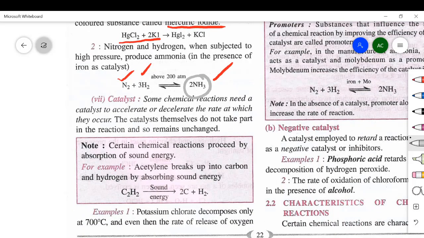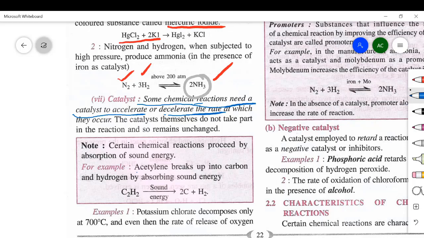What are catalysts? You all know the definition of catalyst. You are studying it since class 6. Some reactions need a catalyst to accelerate or decelerate the rate of reaction. Means you have to slow down, or you have to make the reaction fast. Then you use some chemicals which speed up or slow down the reaction, but do not take part in the reaction. So it remains unchanged. The work is only to speed up or slow down any reaction. So we'll see